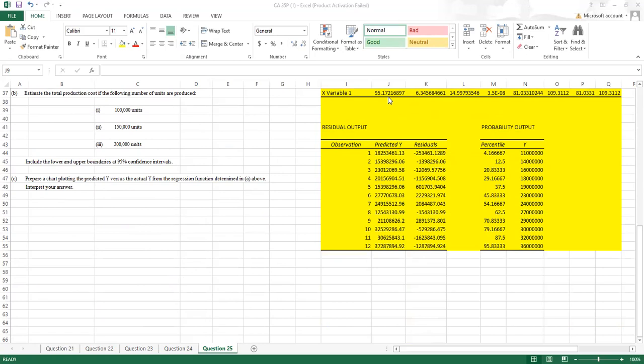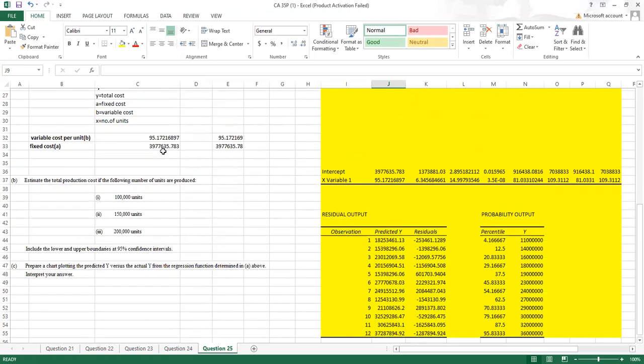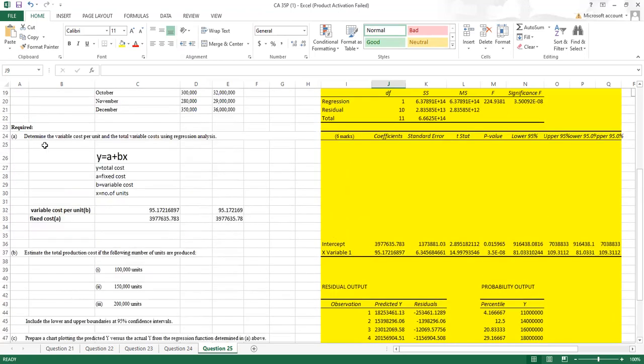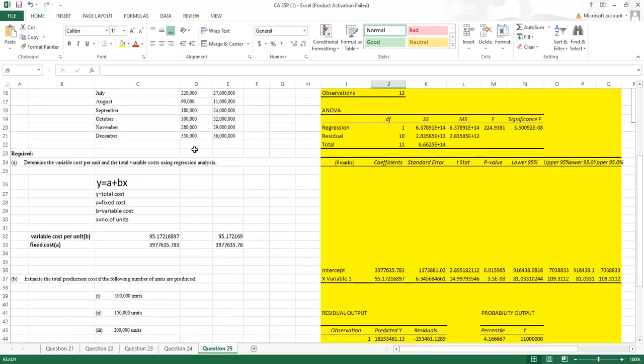Okay, so once we are okay with this, we already have the variable cost. So determine the variable cost by unit and the total variable cost using the regression analysis. So we had said that for us to calculate this question, the total variable cost